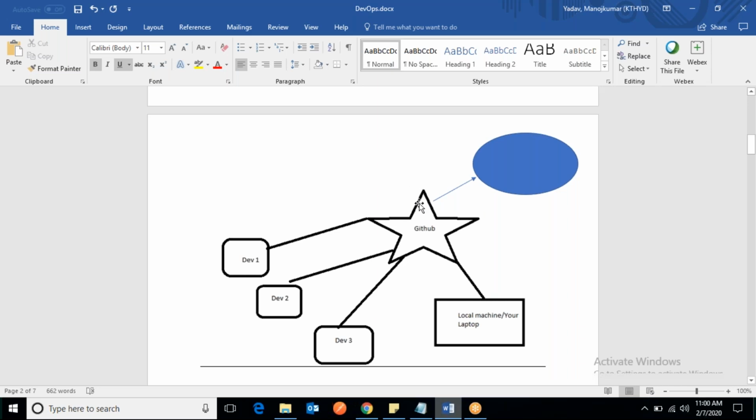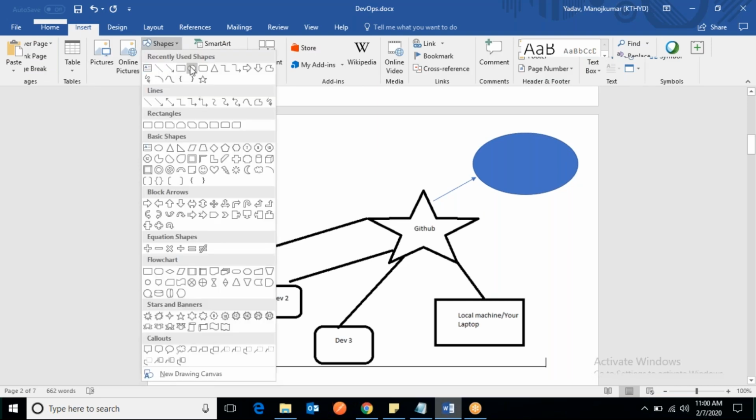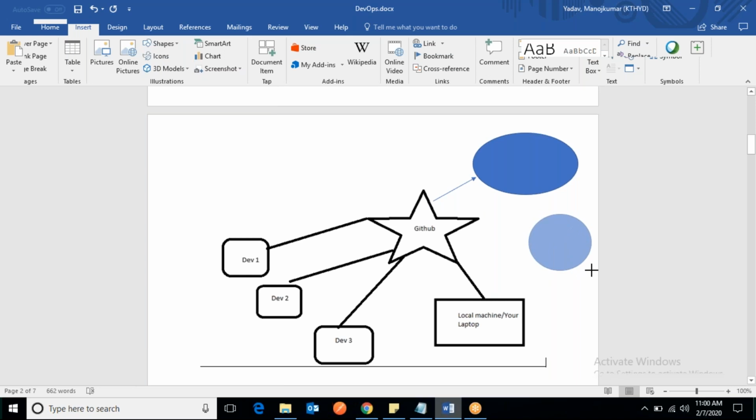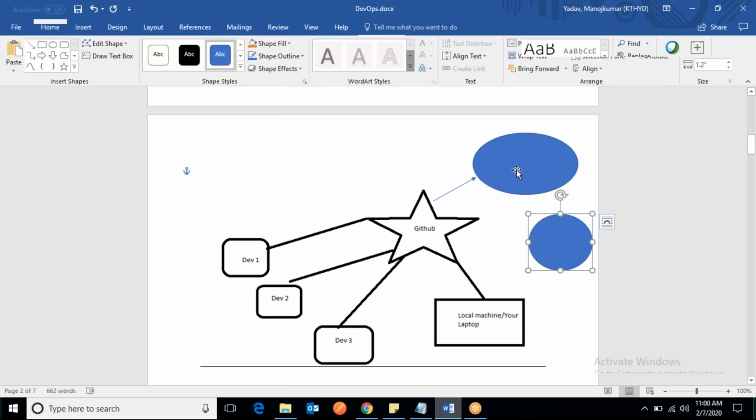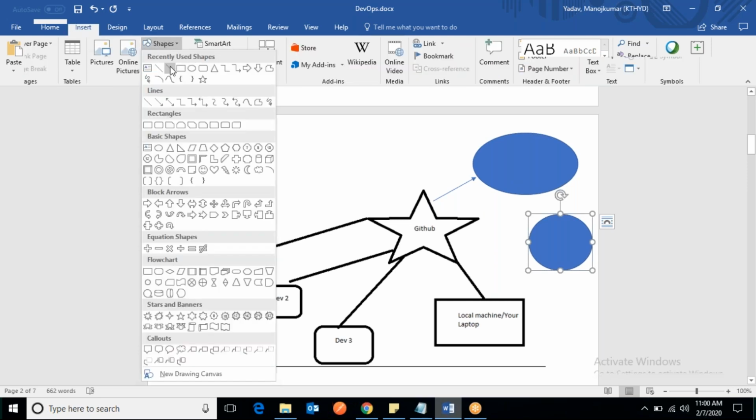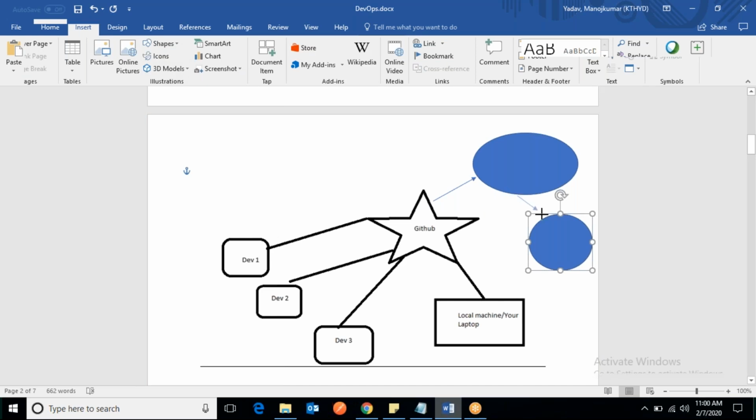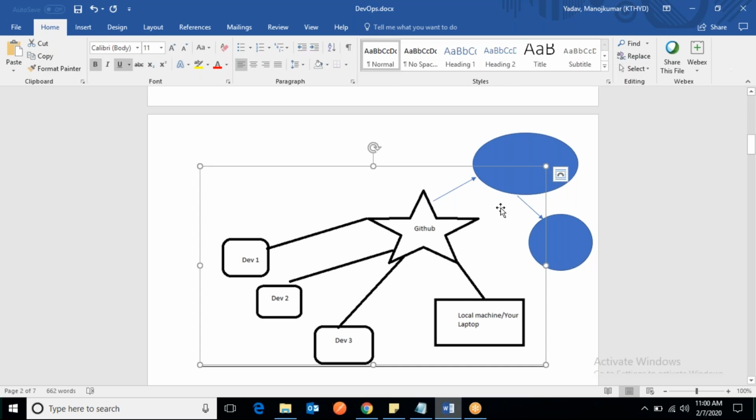Okay, so we have some mechanism which can integrate with some CI tool, and every time there is a change in the code, it runs. And in a similar way, we'll have another environment, some QA environment or some other environment. If your build is successful, it will be deployed to that particular environment. So that we call pipelines.